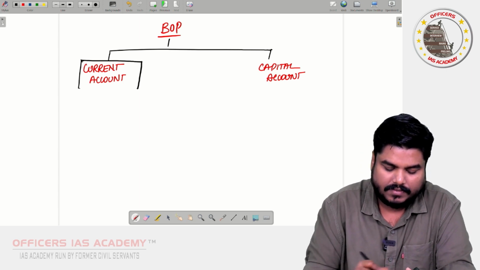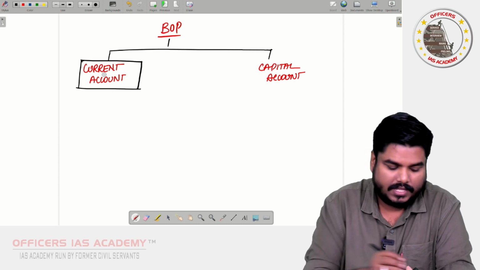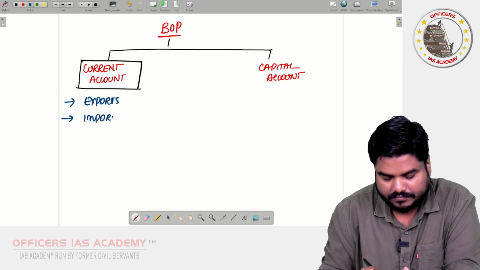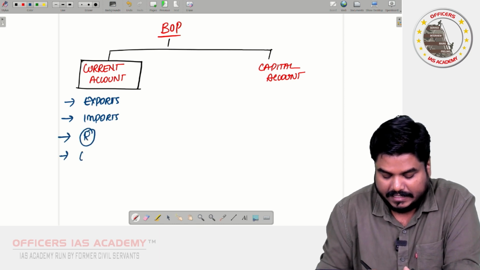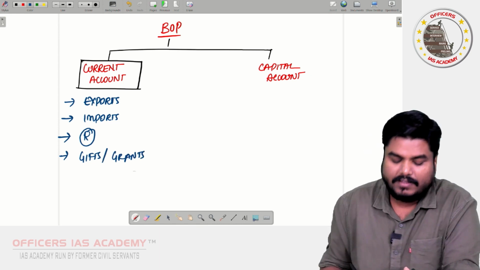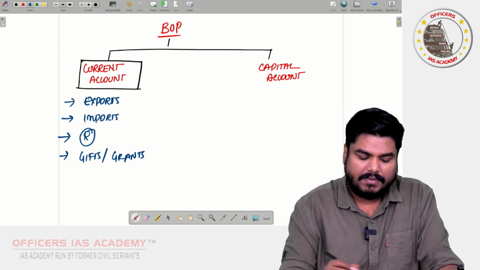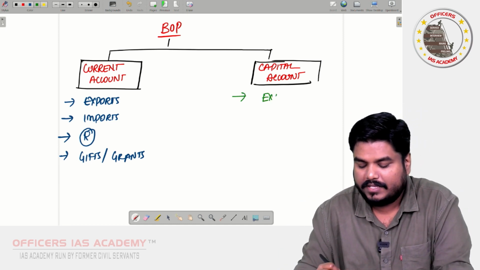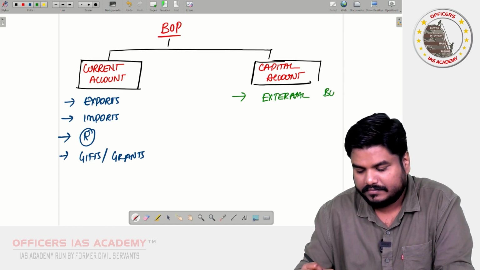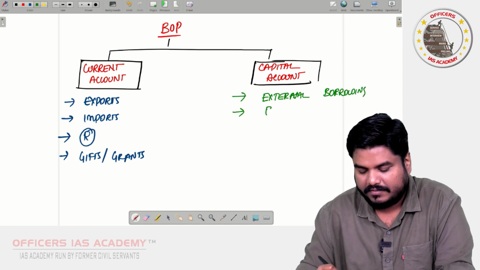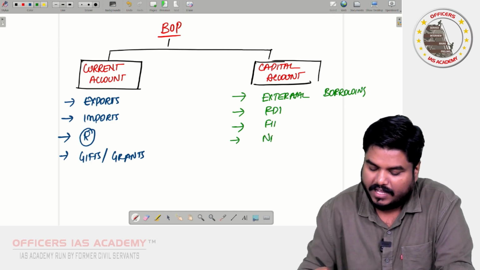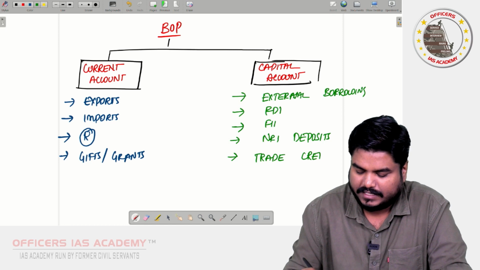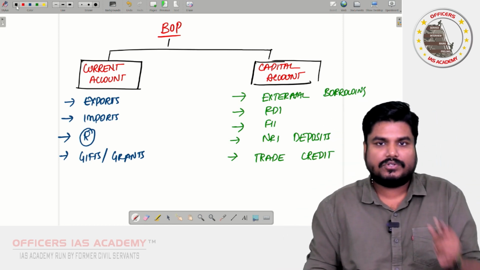So in current account, I will be noting down items like exports, imports, remittances, gifts, grants, all these items I will be putting under current account. Under capital account, I will be noting down my external borrowing, FDI, FII, NRI deposits, trade credit, etc. So all the transactions which I do with the outside world are recorded under